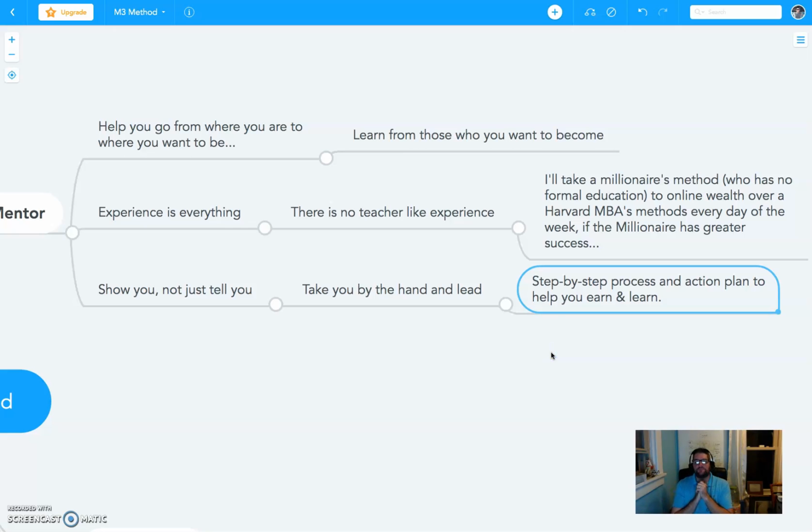So again, mentor is the first M in the M3 method. Every successful entrepreneur, which is really what you need to be if you're online trying to build a business. We're not doing this in a couple minutes a day. This is an entrepreneurship-minded venture, just like any business.